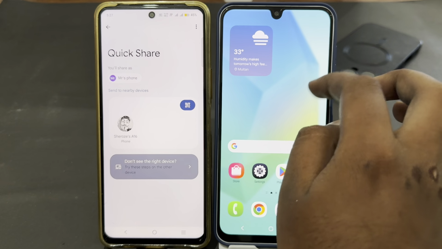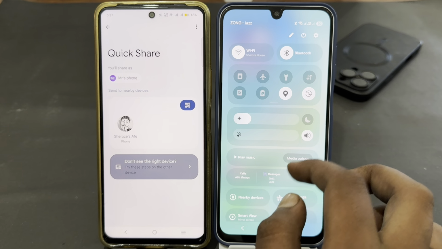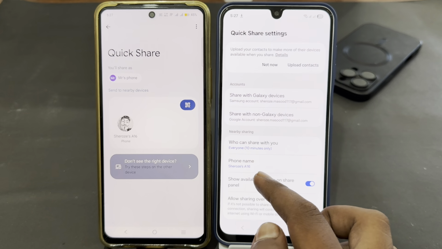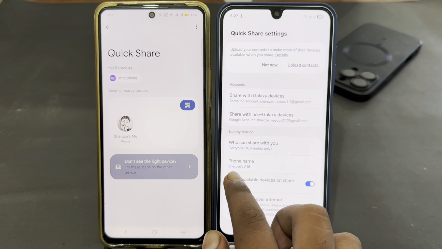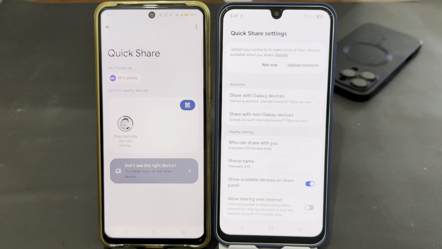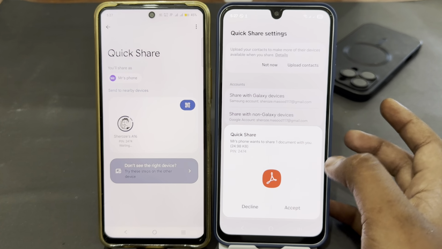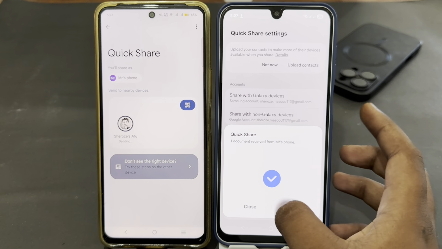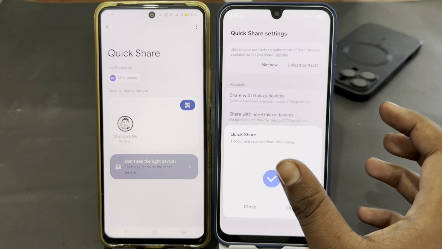name. If you don't know the phone name, you can easily check it from quick share settings, and here is your phone's name. You must look for the same name on the second phone. Just tap on the name and it will connect just like that. You must tap on accept, and you can see in this way you can easily share files within